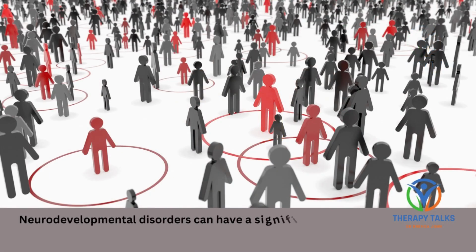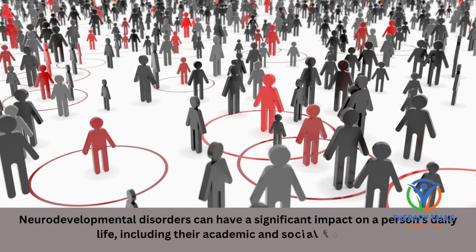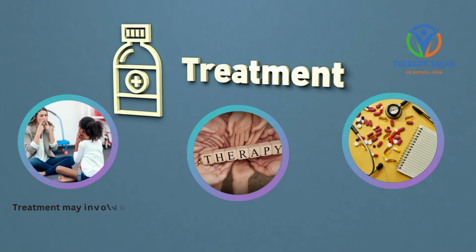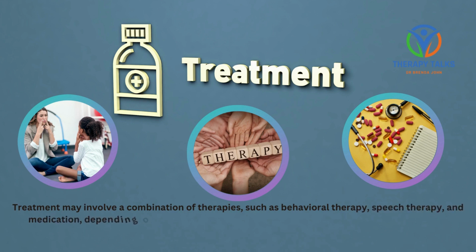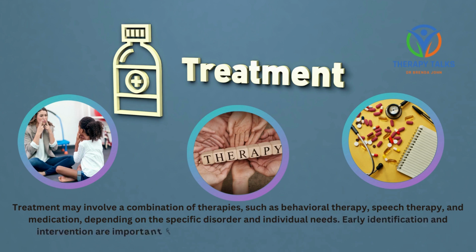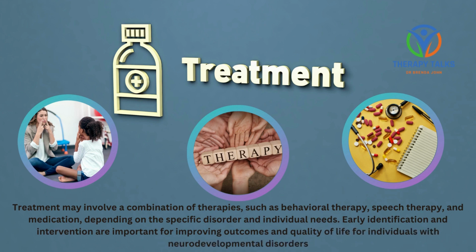Neurodevelopmental disorders can have a significant impact on a person's daily life, including their academic and social functioning. Treatment may involve a combination of therapies such as behavior therapy, speech therapy, and medication, depending on the specific disorder and individual's needs. So early identification and interventions are important for improving outcomes and quality of life for individuals